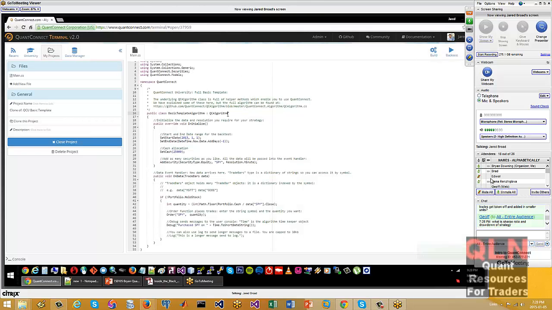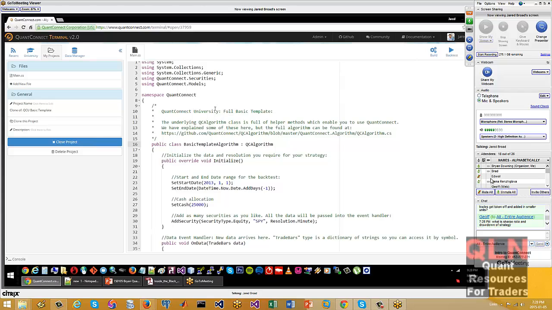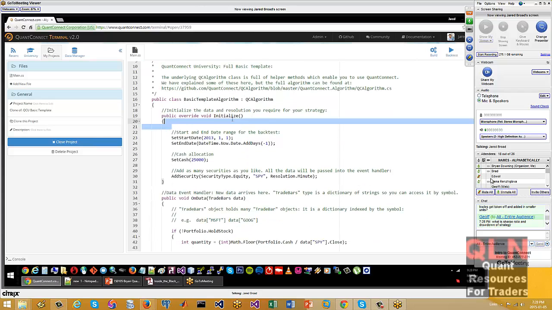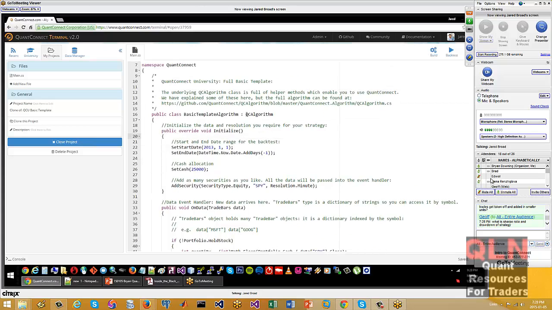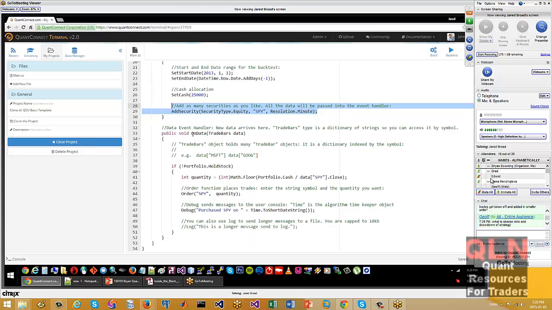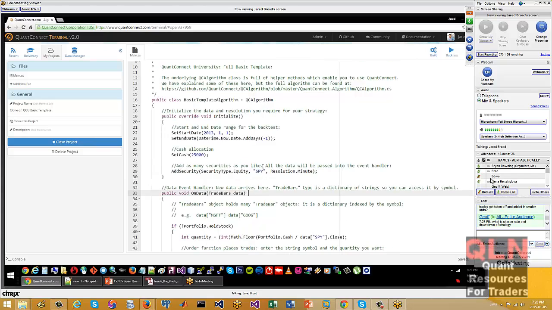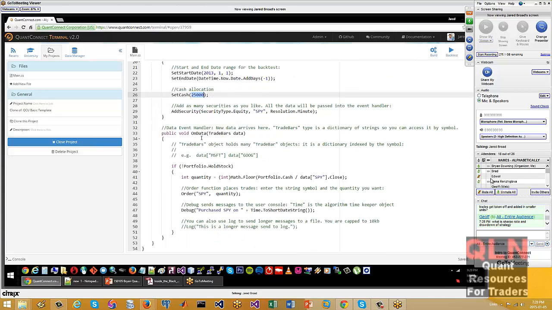So that people can get an overview of the whole system before we dive into something that complex. With QuantConnect, you implement algorithms. You initialize the algorithm, you set the date range, the cache, and the data feed that you want, and then you get that data in an event handler. And that's about it. The S&P data, you want minute resolution S&P. I want $25,000 cash with that algorithm, and this is where the data events are going to come in.